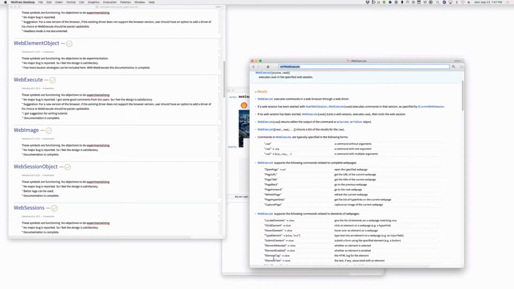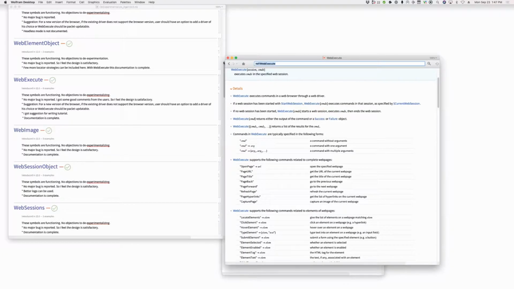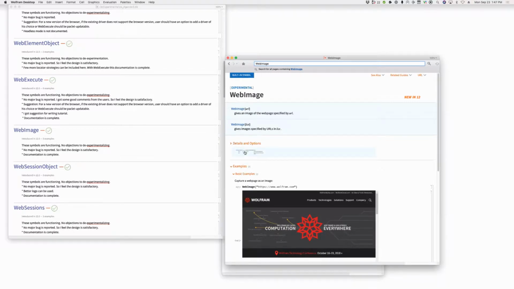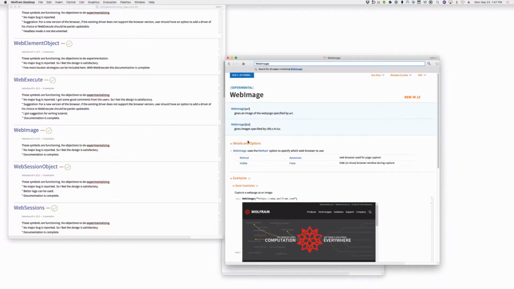I mean, look, WebImage seems to me pretty harmless. It's very similar to current screen image and so on. Yeah, I think it is pretty harmless. I mean, we said de-experimentalize because we don't particularly plan to work on this for the next couple of years. I mean, this is maintenance mode. But that's not an argument to do that. I mean, the fact is,